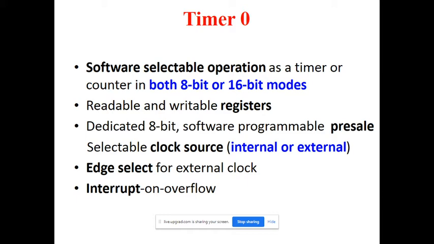Okay, for the first section, suppose the first duration is for cleaning the clothes, and we want 30 minutes. Then we place that 30 minutes duration into the timer. When you give that time into the timer, it starts counting from the initial value up to 30 minutes. When 30 minutes is over, it interrupts the controller that the given time is over, and then the controller, as per the program written in the microcontroller, will take the next action.